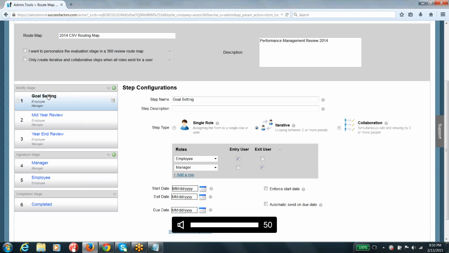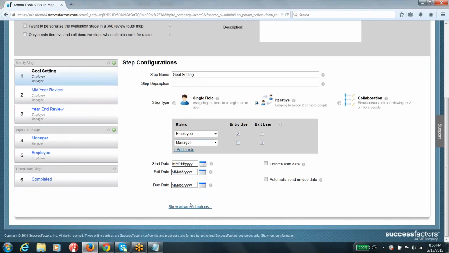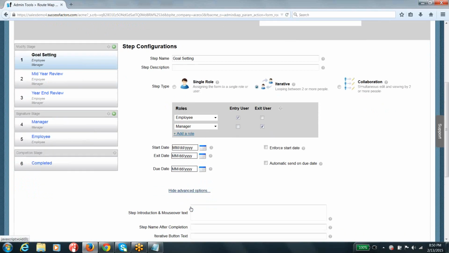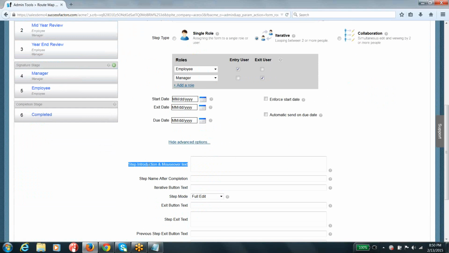Okay. So if you go to a particular step, there is something called show advanced options. You can see step introduction and mouse-over text. So what kind of text do you want to keep for your starting step, and whenever they click on that particular button, what kind of text are you supposed to show to the users?